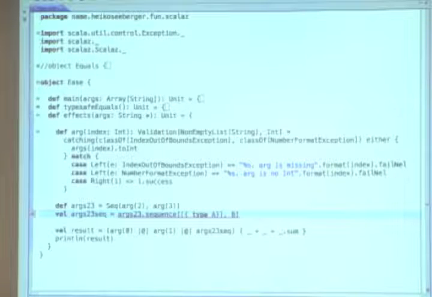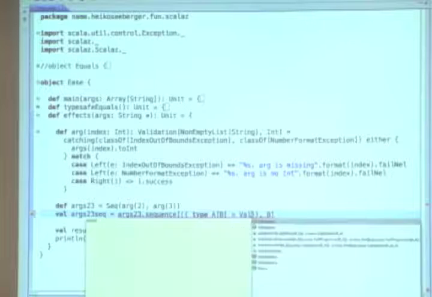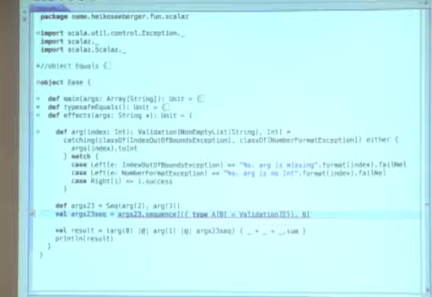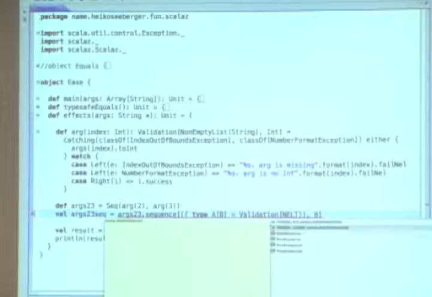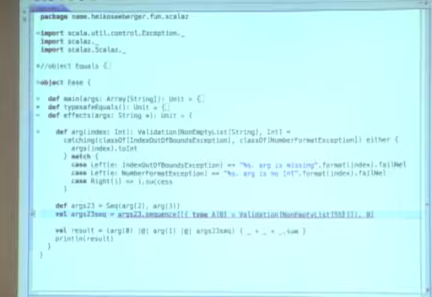We create a type here. And of course we want to take care of validations. Validation of non-empty lists of string. And the second thing is an int.